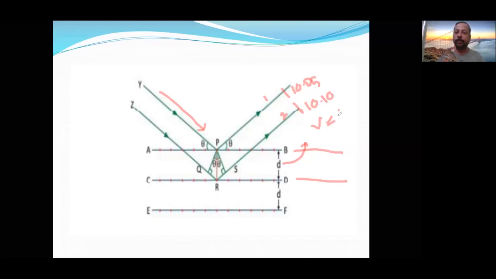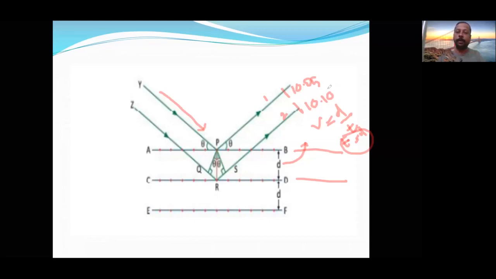So velocity is equal to distance upon time. Here, time is directly proportional to distance once velocity is constant. What is constant? Velocity. So here more distance, more time it is taking to reach the same destination. So the time gap we can convert into distance by using the speed.